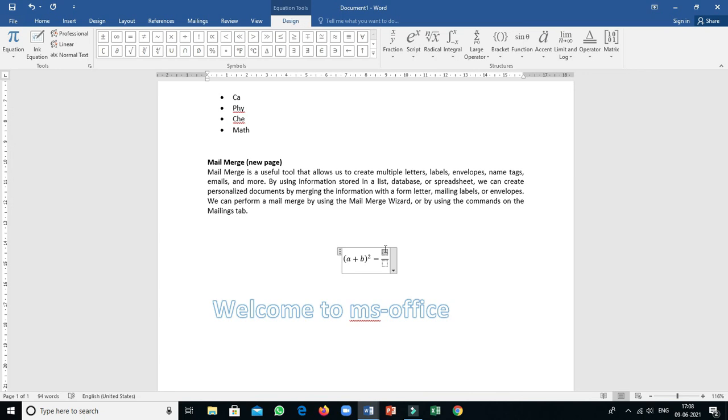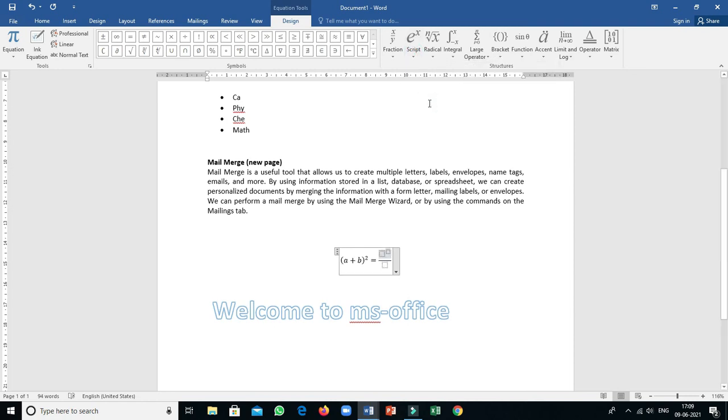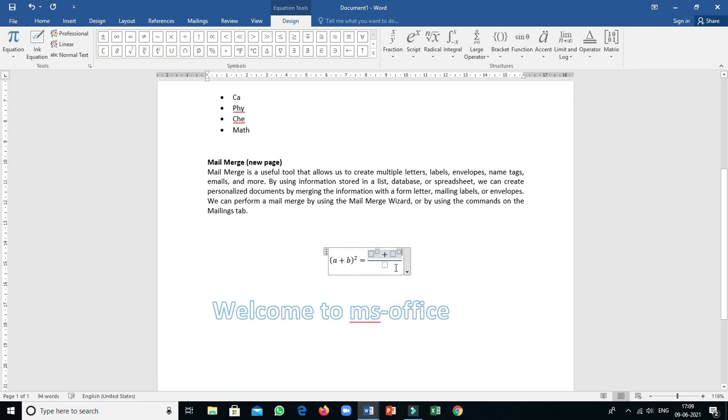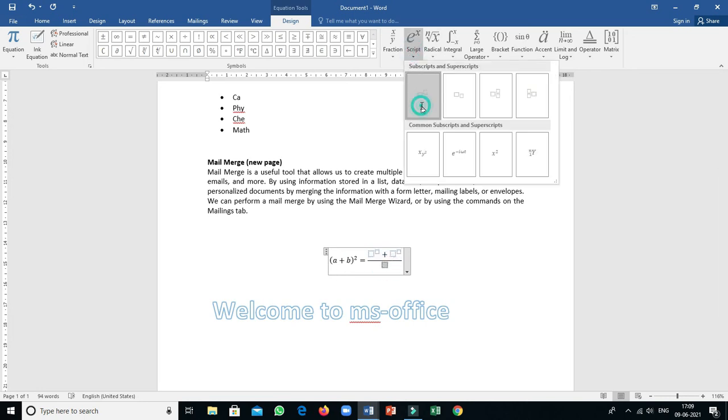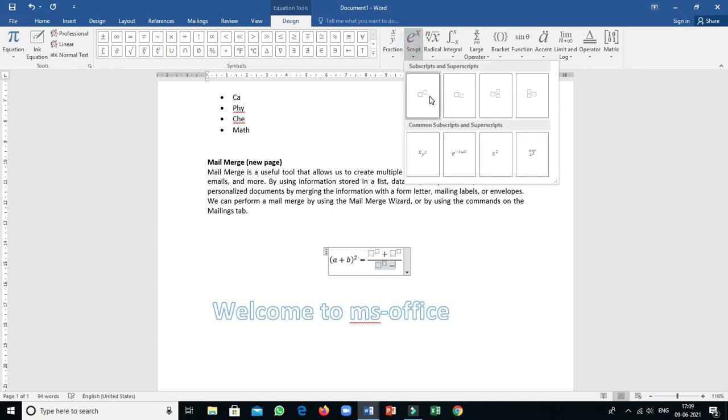So how should I write it? A square, so script is necessary. So go for script, select this one. Okay, then you have to type the plus symbol, then again script, then go for this format. And for the below, again select script, this one is there, and a minus of script, the format is there.